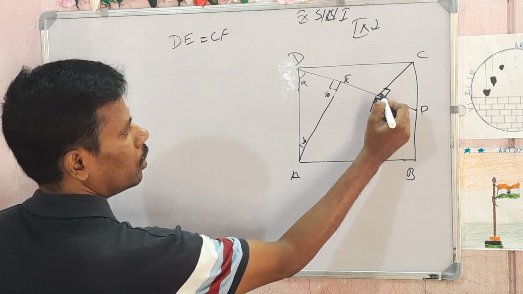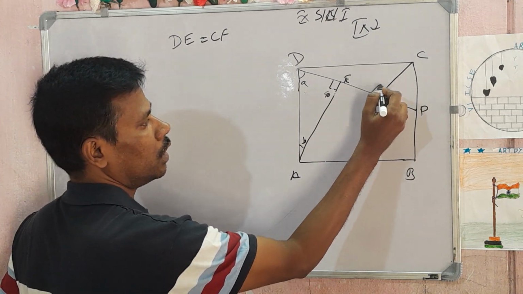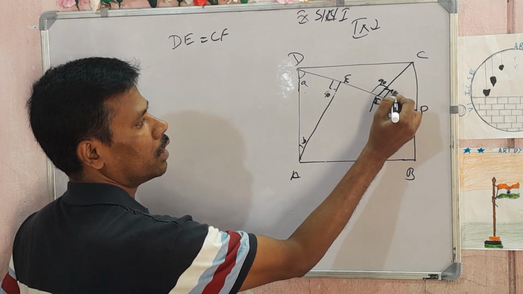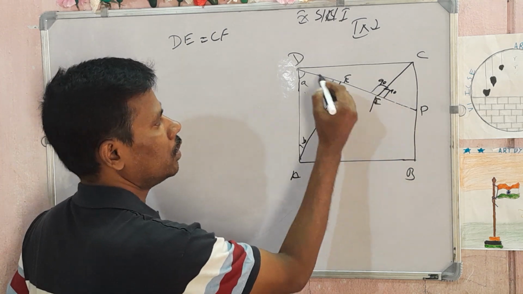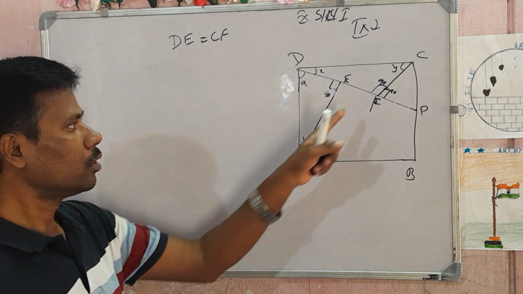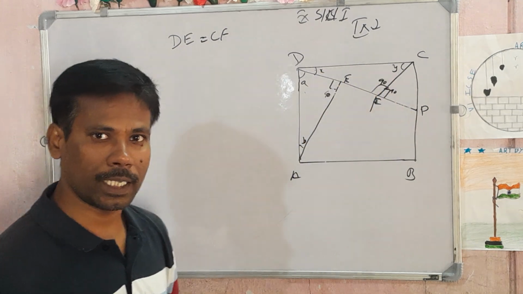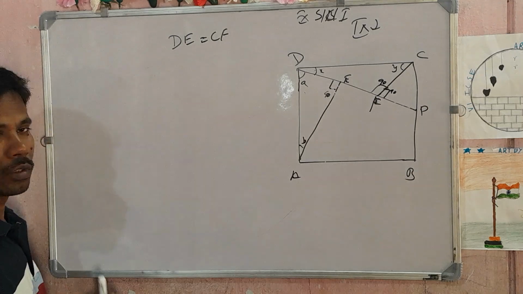Right? So here angle F is 90. I am sorry. Here in this triangle, if this is 90, obviously this will be 90. So if this is 90, it means obviously this angle plus this angle is equal to 90. The sum of three angles of a triangle is 180, so x plus y is 90. So therefore,